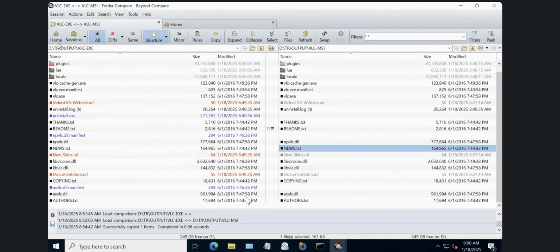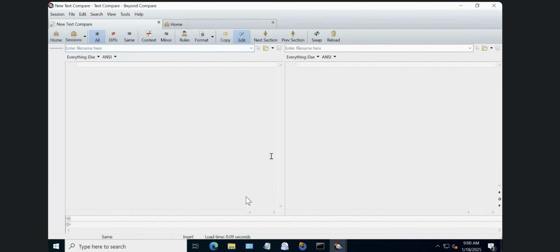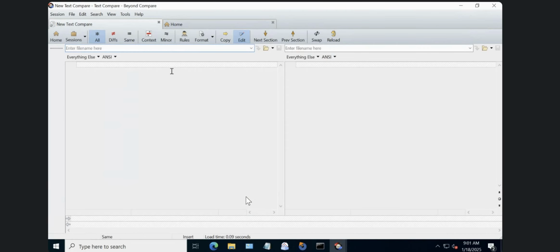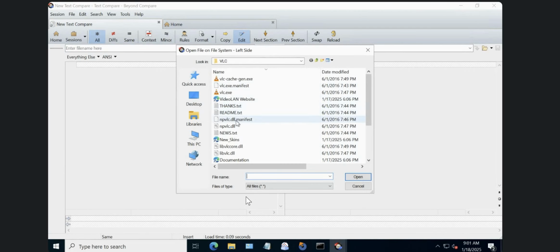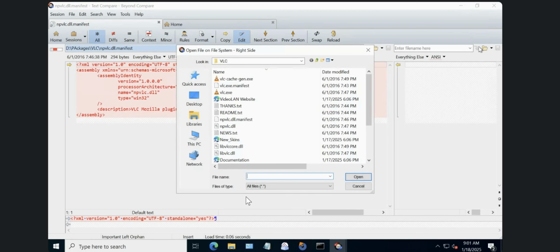Then, okay. I showed you how to compare the folders, right? How to compare the text files, text compare. What I have clicked on is the text compare option. Now, similarly, I'll select a file here. Earlier, I selected a folder, right? So now I'm selecting a file. I'm selecting the cnpvc.manifest by default. Okay. Now,